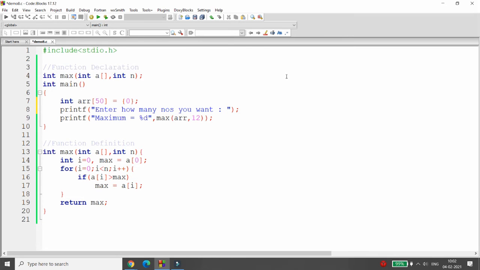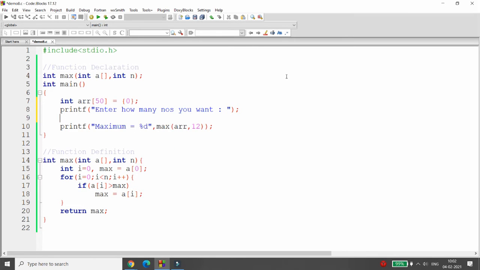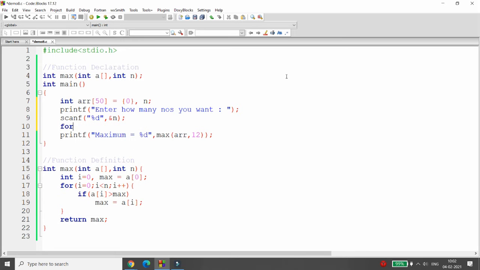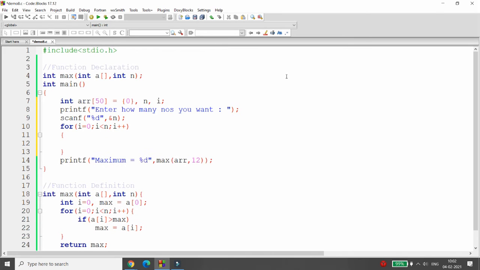So here the user will be asked to enter how many numbers. So I will just get the number, that is scanf %d, n. Definitely I need to declare the variable n. So now what we will do, simply we will get the numbers from the user. So what we need to do over here, i equal to 0. So I need to declare the variable i also. i equal to 0, i less than n, i plus plus, and we will get the value from the user,